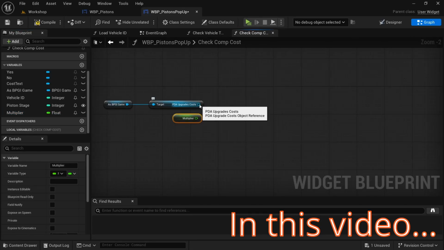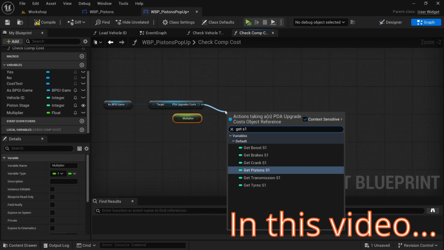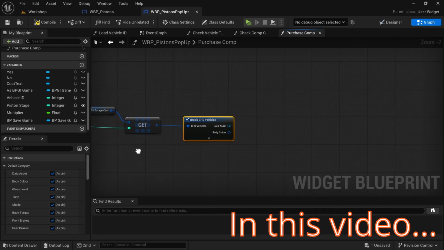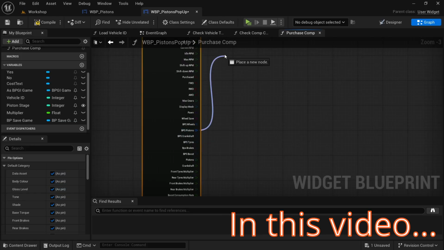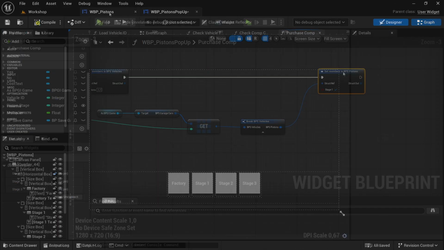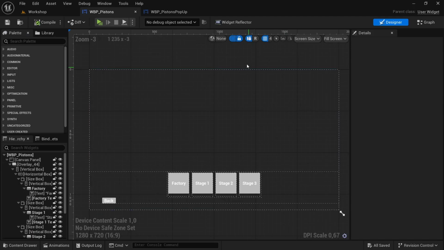This video, we're gonna be carrying on from where we left off in the last one with the pistons widget, and more specifically the pistons purchase widget. With that, let's get started. So before we get started with that, since we are going to be testing the code in this video,